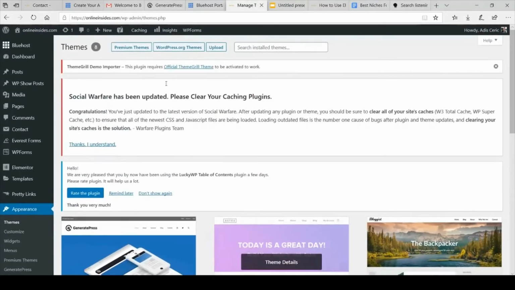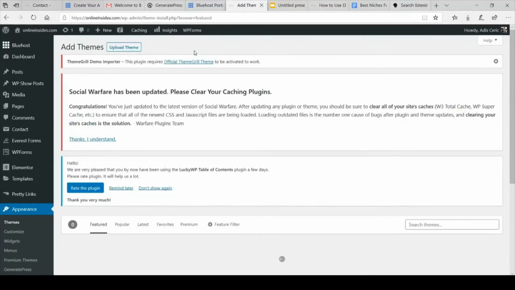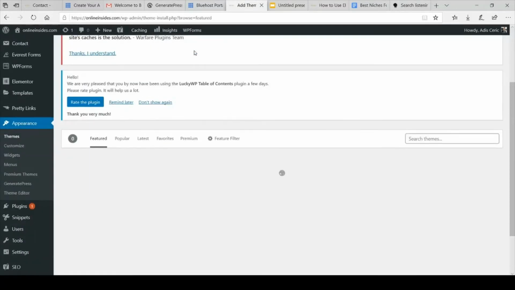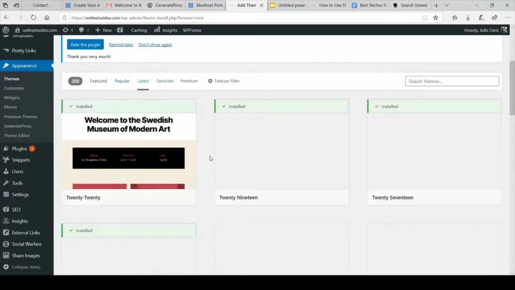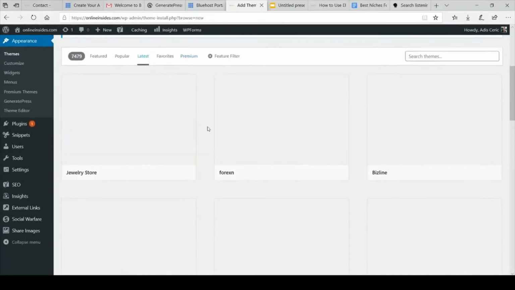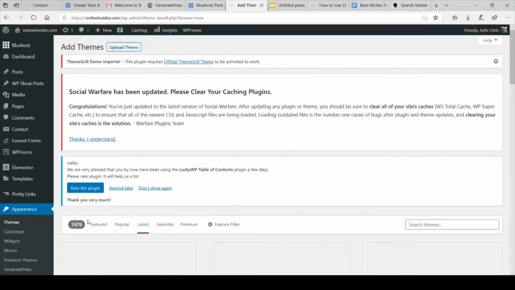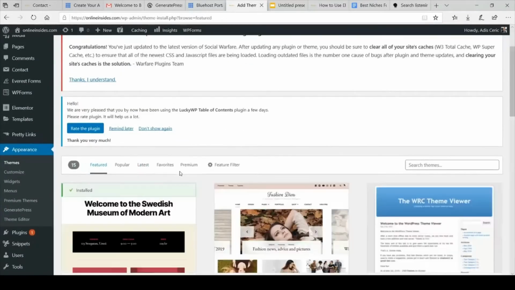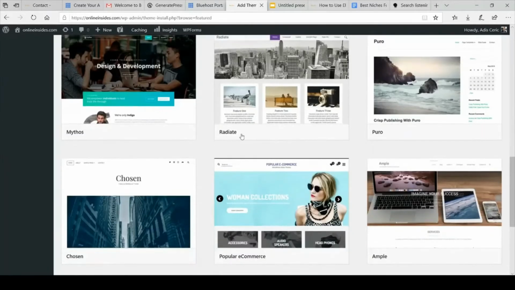So all you do is you go to WordPress.org themes for the free ones, and you can browse by popular, latest, or premium, and just kind of look around and see what you like. Okay,